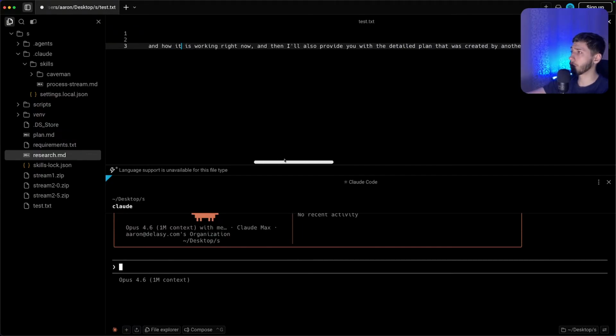And then I'll also provide you with the detailed plan that was created by another AI. You will need to come up with a plan on what you should implement. The first part with extracting all the important stuff from the video is already implemented. That's already a closed skill called process stream.md. What you will need to do is create another skill. That skill is going to analyze the video, is going to analyze the content of the video and output